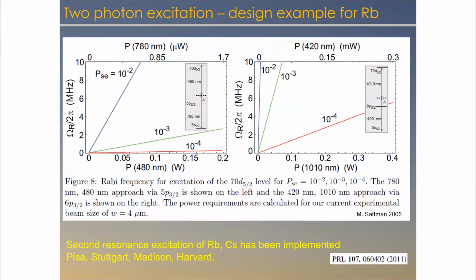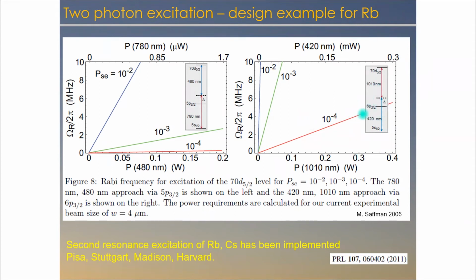So skip that. It can be better to use not the first available excited state as a path up, but the second state. So you could go with the first photon in the red and the second one in the blue, through the first excited state in rubidium. This would be the 5p, or you could do a first photon that's blue going through the 6p, then a second photon that's in infrared. Turns out this second technique has become the favored approach